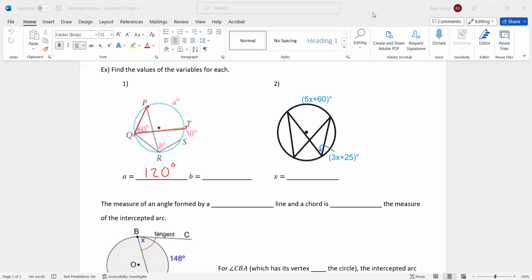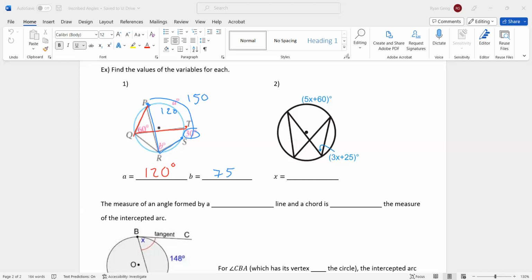B, on the other hand, if I follow the angle marked with B, I get to P and I get to S. So arc PS is the intercepted arc. Well, PT was 120, right? I gave you this 30 here. So that full arc is 150. And that means B is half of that, so 75. All right,